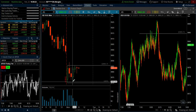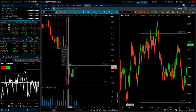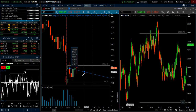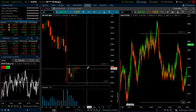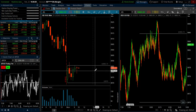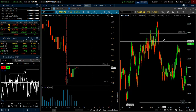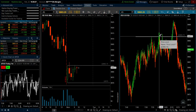But if it's going to be a trending day, well, then you would expect the market to move above the 30-minute range and then go higher and not come back into the range. So today was a pretty blah morning, even though we had the gap down and we kind of went gap and flat. We had a high tick early in the day,